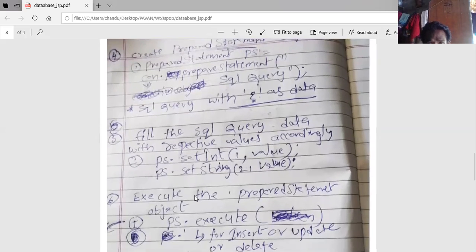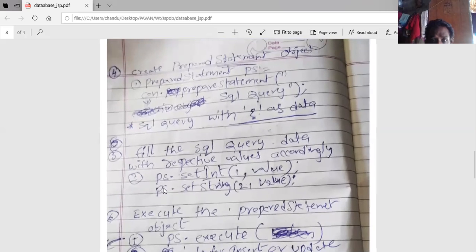Then create the prepared statement object. PreparedStatement ps = con.prepareStatement, and within the brackets it is a string argument. It takes the SQL query as the argument. Whenever we write the SQL query, we fill the data with question marks.